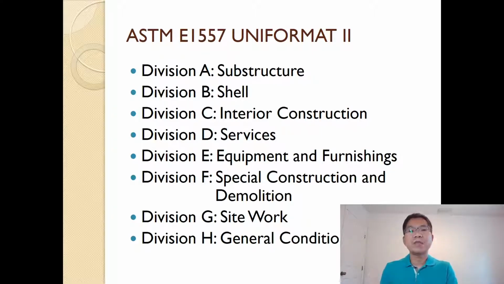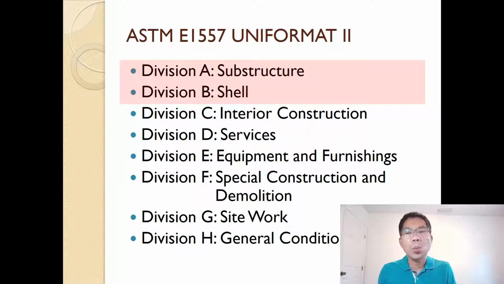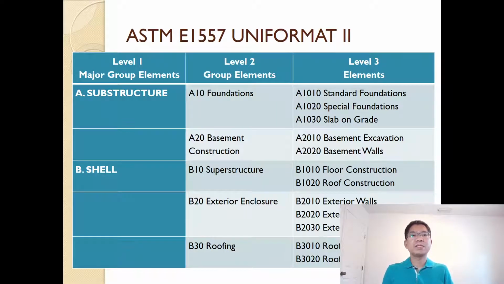In the next method we learn next week, the unit cost estimate, the way they organize is a little bit different, and we will talk about that later on. But for now, Uniformat II. Let's look at one or two divisions, A and B, and look in more detail at what those are about. As you can see, division A is substructure, we have foundation, and it also has level 2 foundation,